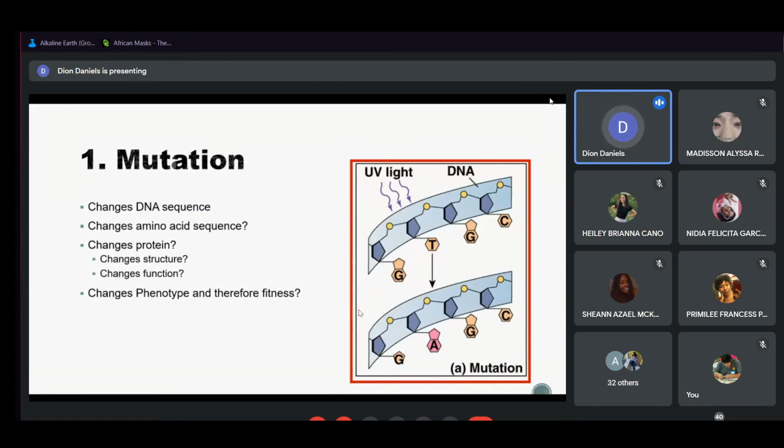Now, what I wanted to remind you is that when we have a change in the DNA sequence, that doesn't always change the amino acid sequence. It doesn't always change the protein. Even if it does, that doesn't always change the structure or the function, but it can. So if we have a change in the DNA sequence that does change the amino acid sequence, remember that's going to be more likely if it happens during the first and second nucleotides in our codon, because remember our codon would be something like this. And this last one can often be a swing. So if you look at your codon chart, a lot of times you might have,